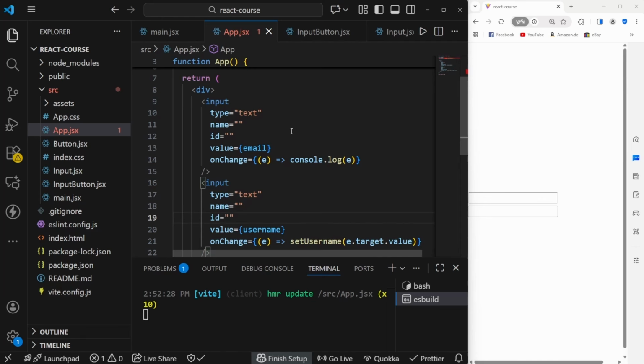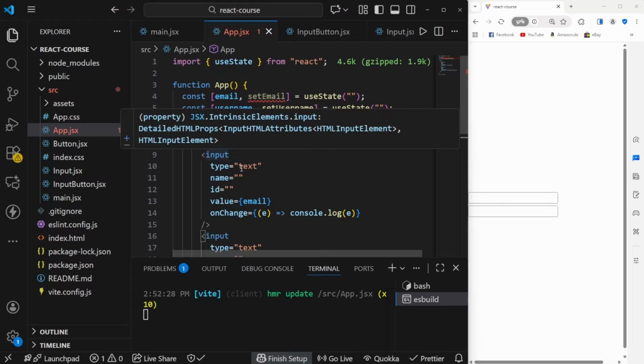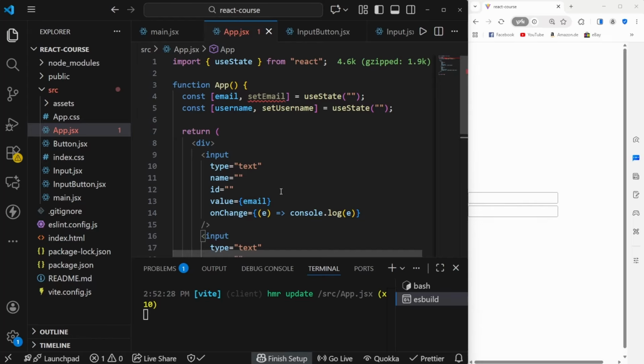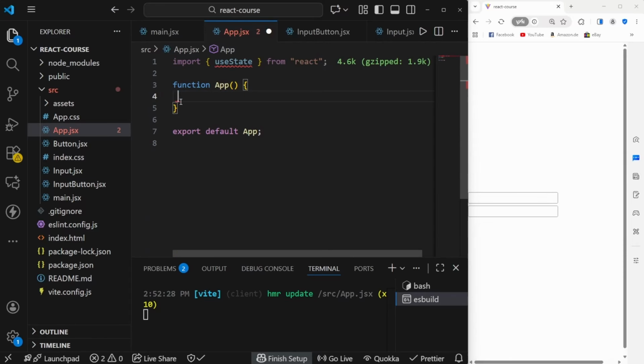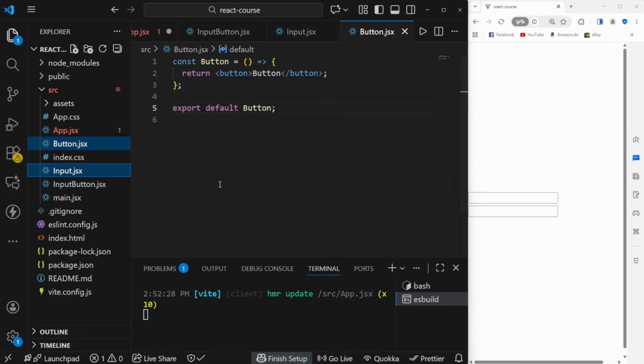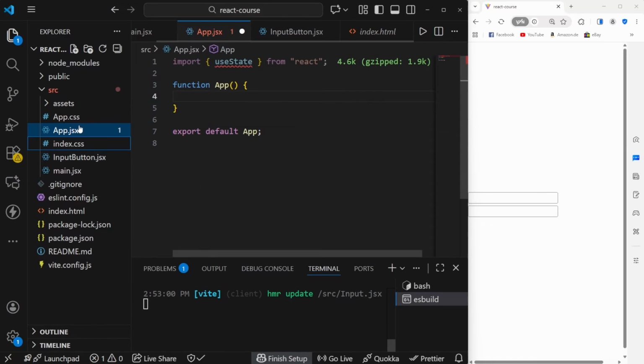Let's understand props in React. Last time we created a state to keep track of the values inside of our input fields and update the values. But now let's just delete everything and do everything from scratch, like so. Let's also delete our button and input.jsx, and let's create a new component. Let's say the component has the name